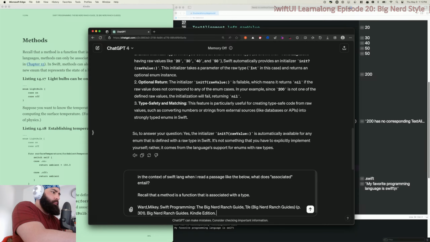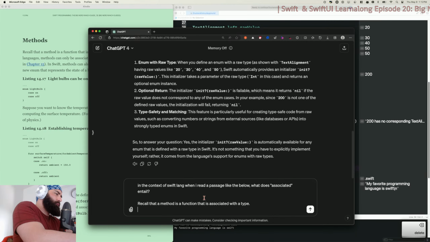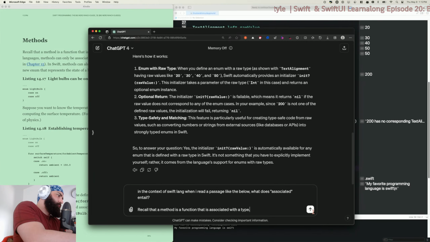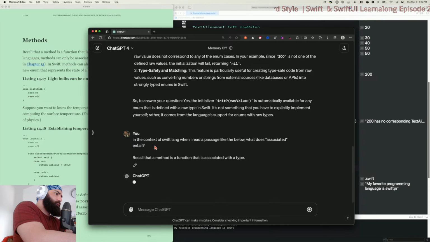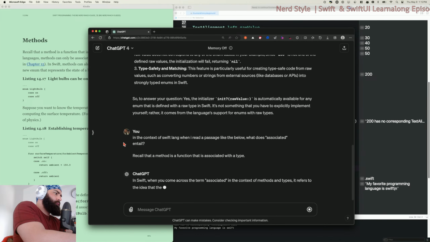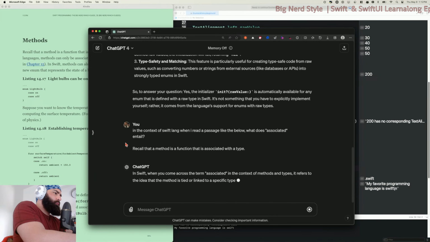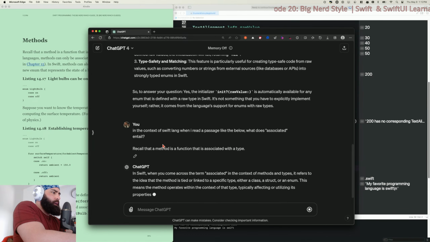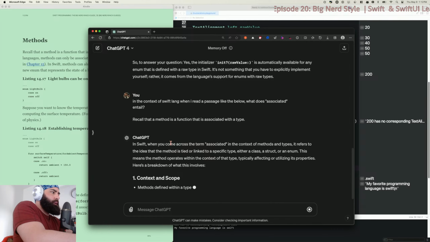I don't like ambiguous terms. What does that mean, associated with? Like in a module? What does that mean? It's tied or linked to a specific type.